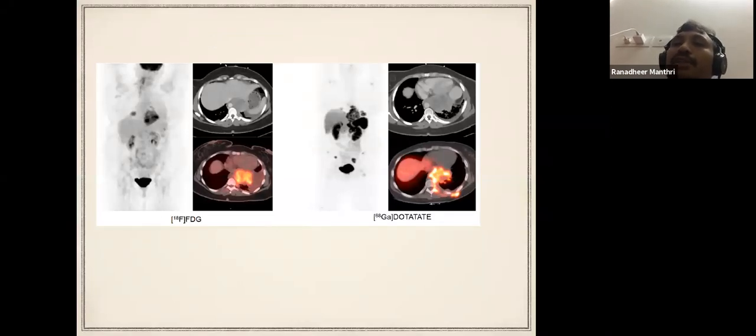So you see there is a tumor on FDG. Only 2 lesions are showing uptake, whereas on gallium dotatate multiple lesions are showing uptake. This is based on heterogeneity. What I am trying to emphasize is intra-tumor heterogeneity. The more heterogeneous the tumor, the more the role of molecular imaging. This will not respond to octreotide.